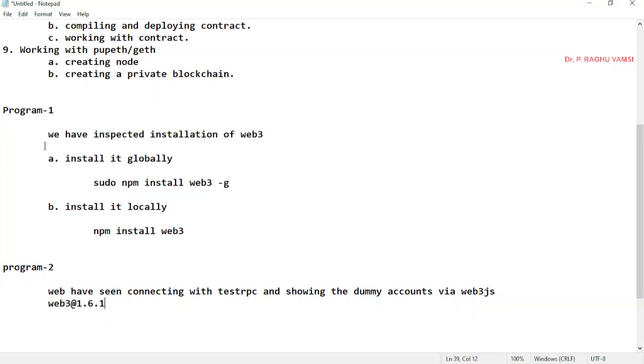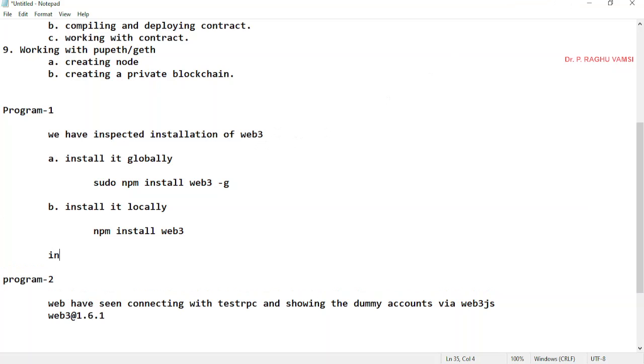While coming to program 1, we have already inspected Web3: installation, initialization of Web3, and accessing Web3 functions and libraries. These are the things we have seen.